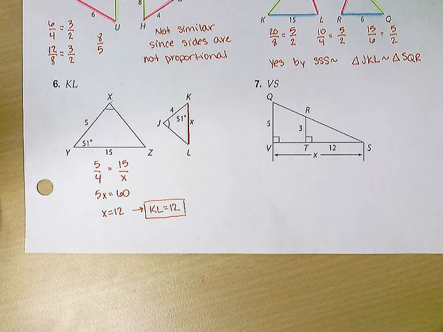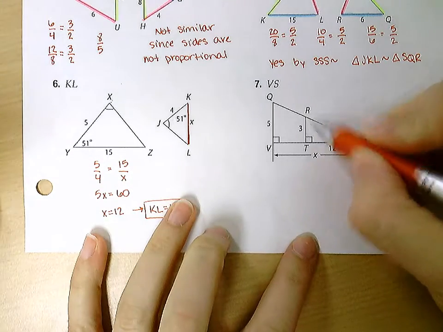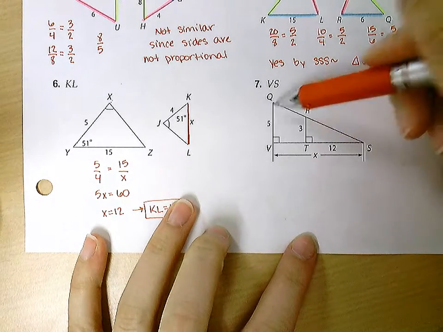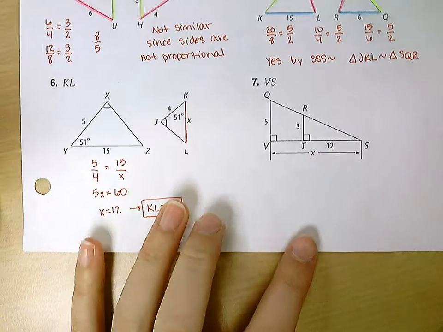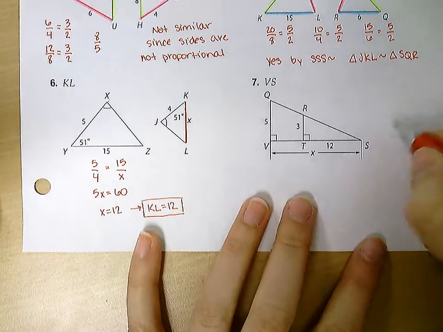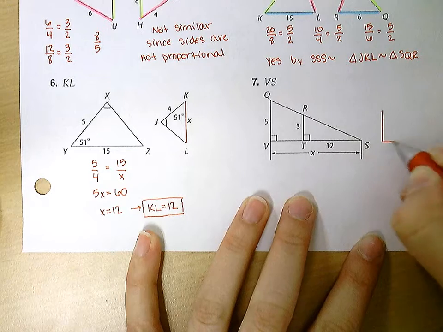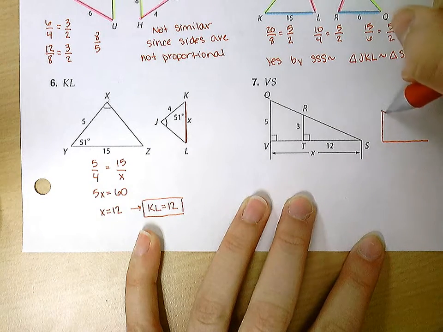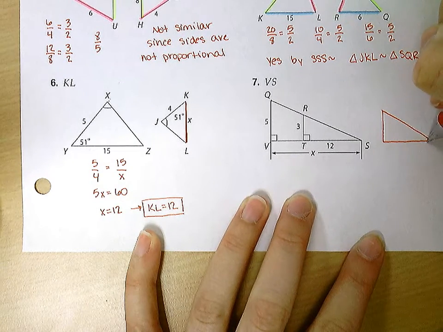All right, then 7 is a little bit different. You have one triangle within another triangle. So your smaller triangle is triangle RTS, and your larger is QVS. Now, if you don't like how you have two triangles within one, what you can do is take out the smaller one and redraw it. So if I want to redraw triangle RTS off to the side here,